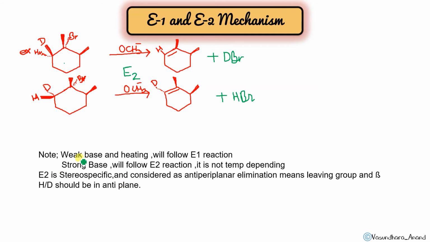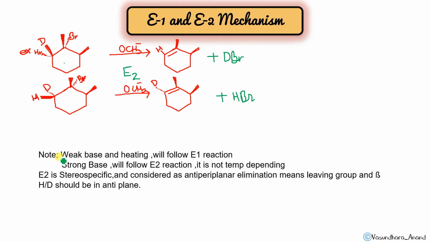And that's the reason why here HBr did not come out, here DBr has gone, but in this case HBr has gone, because H is above the plane and here D is above the plane. In both cases, Br is below the plane. Can you see? Br is below the plane. But in this case, D is above the plane, so DBr will go out. In this case, H is above the plane, so HBr will go out. Clear? So here is a point written.